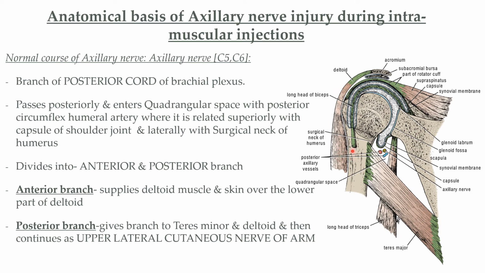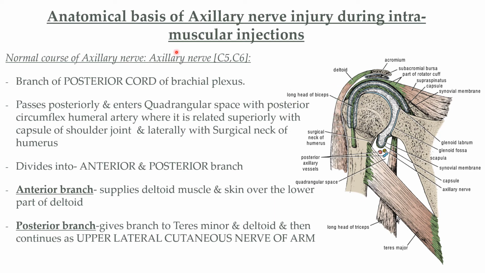You can see that if intramuscular injections are given in the upper one-third part of the deltoid region, then this axillary nerve, which winds round the surgical neck of the humerus, is at high risk to get punctured by the tip of the needle, and hence it is advisable to give intramuscular injection in deltoid region either in the middle one-third part or in the lower one-third part. The intramuscular injections must be avoided in upper one-third part of the deltoid region.